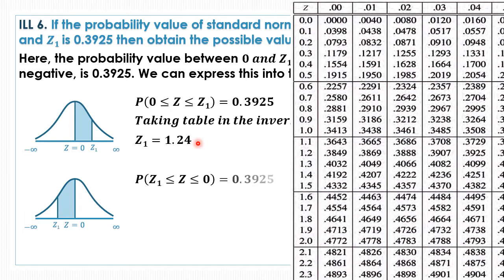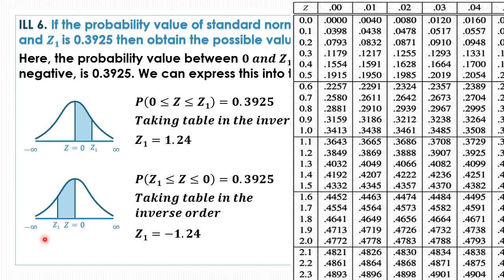So we will write the probability as Z1 less than or equal to Z less than or equal to 0, which is 3925. We will take this table in the inverse order, and we already know that 3925 has the Z value 1.24, but Z is on the negative side of the curve, so we will write it as a negative